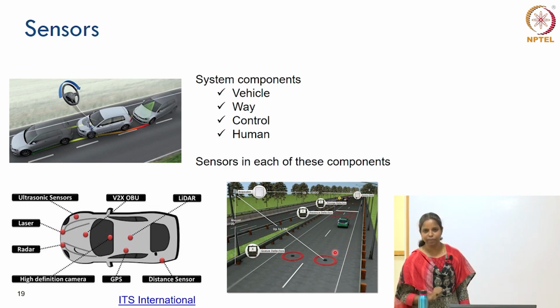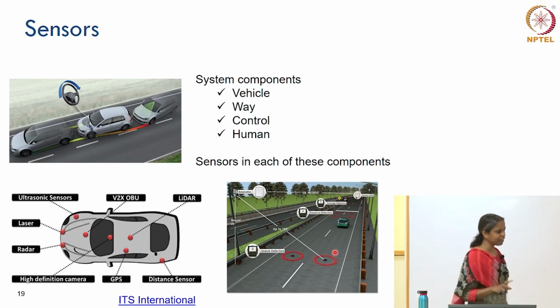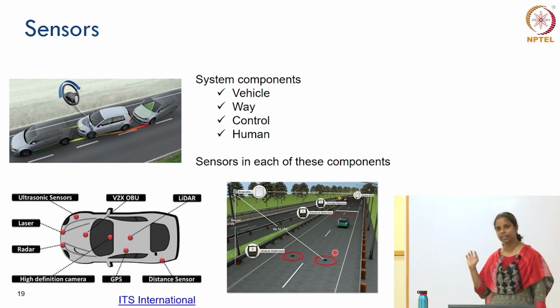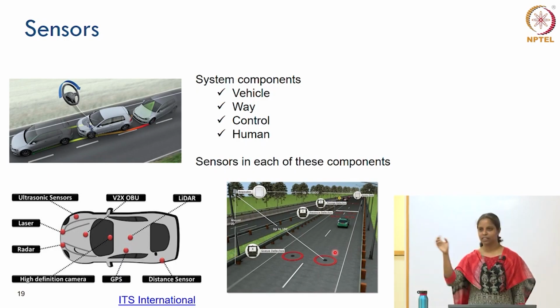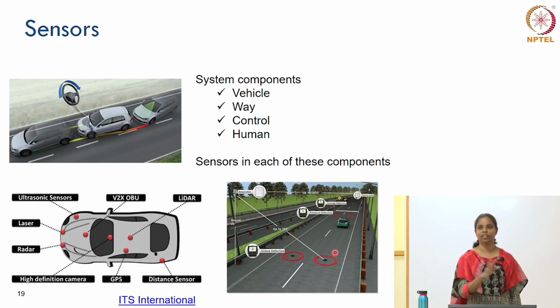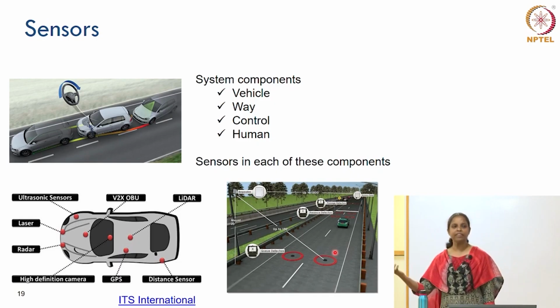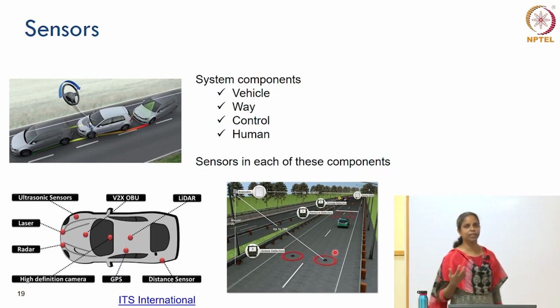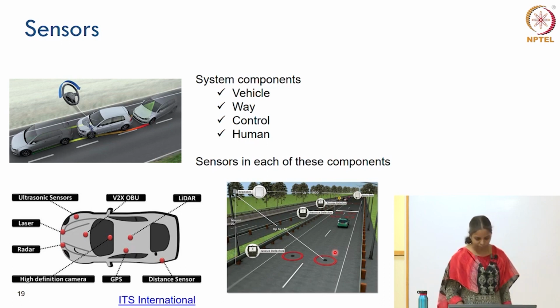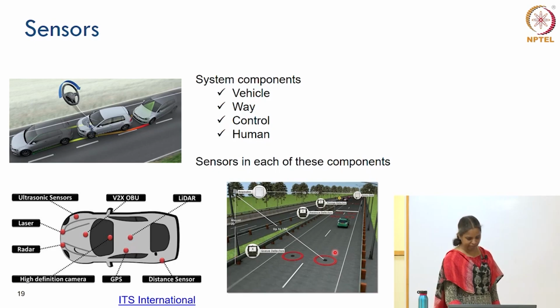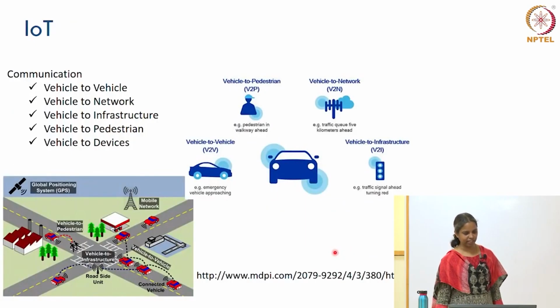Then roadside there can be enough sensors. So slowly we are also reaching there. Many other countries already have sensors deployed everywhere. And all these sensors are communicating with each other, which leads to what is called V2X communication, Internet of Things. You must be hearing all these terms, right? So every device or every component of the system is now giving information to each other. They can process this information and know how the traffic is moving. So these are different ways in which you can have sensors in a vehicle or roadside.